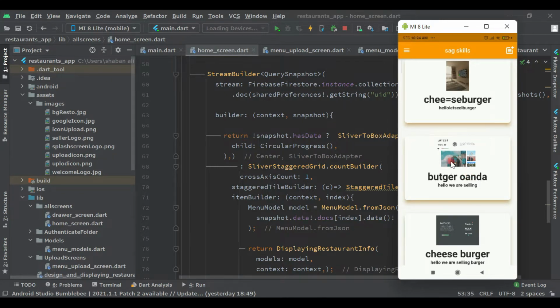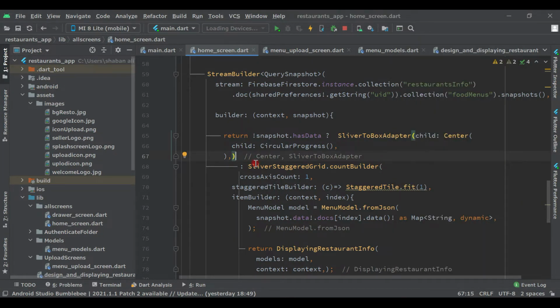So here this is the menu, and this is from this restaurant, Sagi Skills, and this restaurant provides all these foods. So if for example the user clicks on this cheeseburger, we will send the user to the same page where we are displaying all the other burgers. I hope you will understand when we work on it. So let's do it. So first of all,